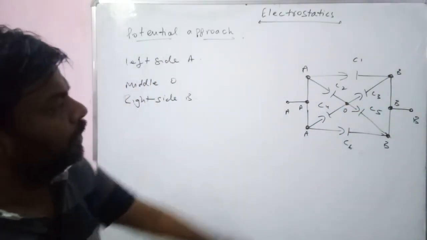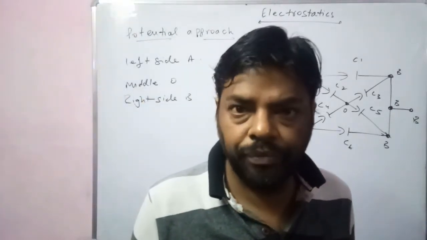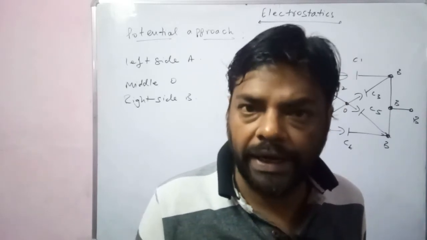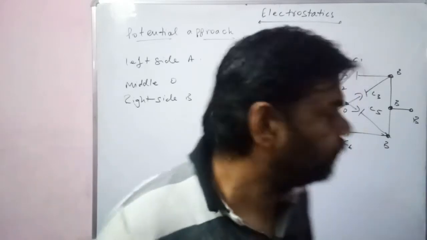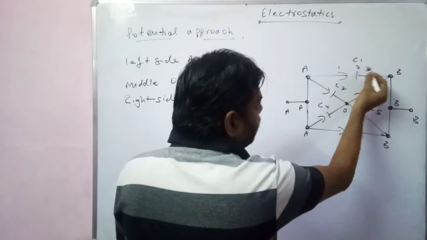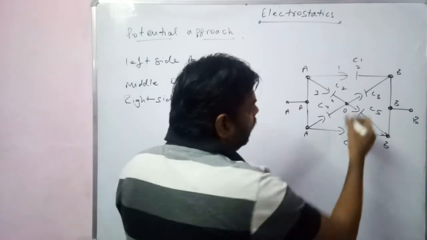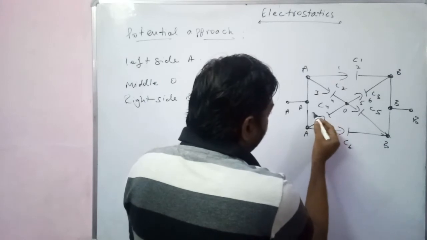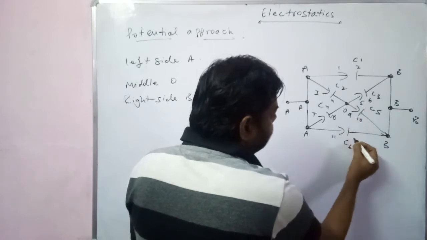Now, it was the original figure. What do you have to do? We have to just mark the plates of the capacitors which are either connected with A, with B, or with O. Now, take a look. Let us suppose it is the first plate, it is the second plate. Let us say the third plate, the fourth plate, the fifth plate, the sixth plate, the seventh plate, the eighth plate, the ninth plate, the 10th plate, the 11th plate, the 12th plate.